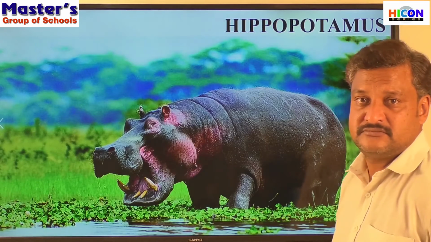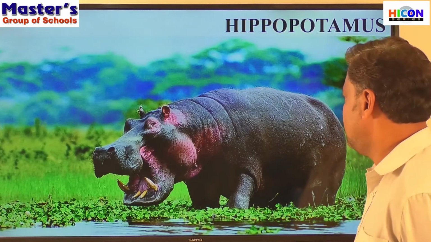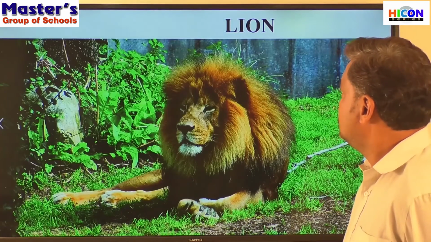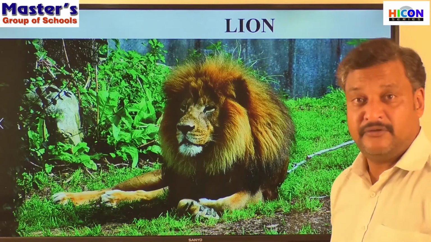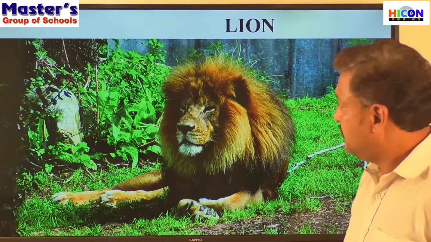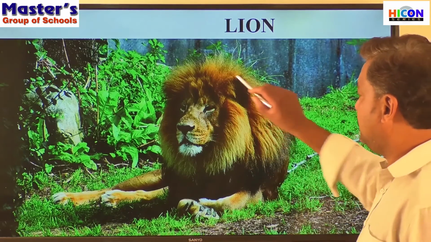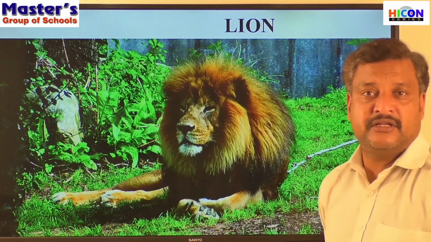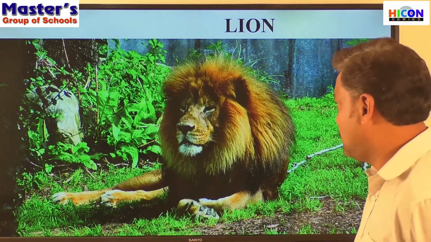Hippopotamus. Hippopotamus, right? Lion, not Asiatic lion, African lion. Right? Again, African lions also have a thicker mane than that of the Indian or the Asiatic lions. Okay, then